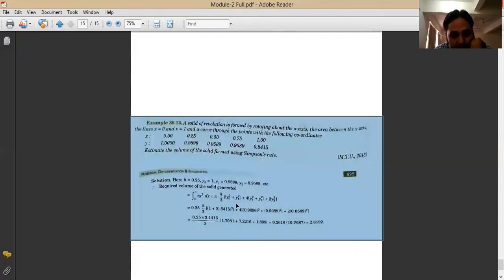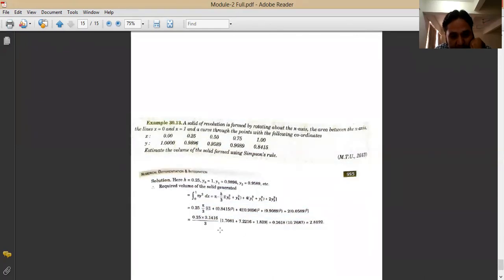So the formula says h by 3 and then the integration value. Here h is your step size. You can calculate h by checking the first and second values, 0 and 0.25. So 0.25 minus 0, you know how to evaluate h. So h comes to 0.25. Put the h value here and then pi by 3, that's 1 by 3. You can put the values in the calculator and you will finally get the answer 2.8192. Right? So have the practice of this one. Okay, we'll be ending it.